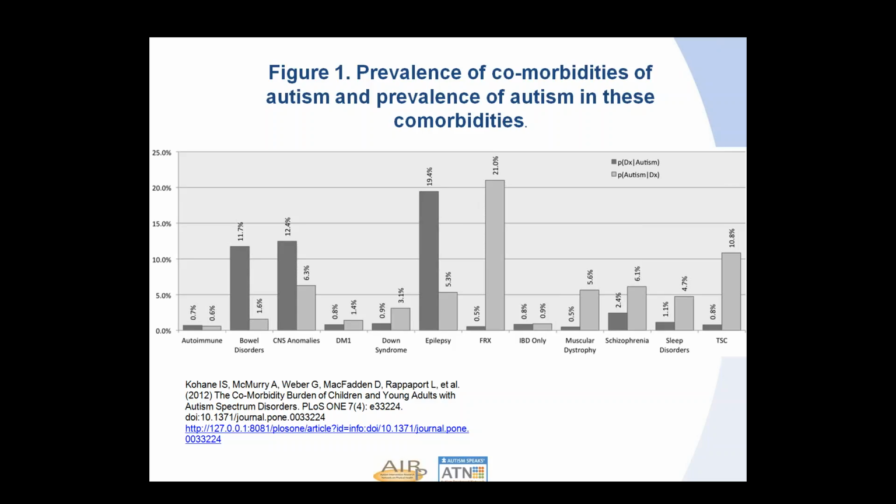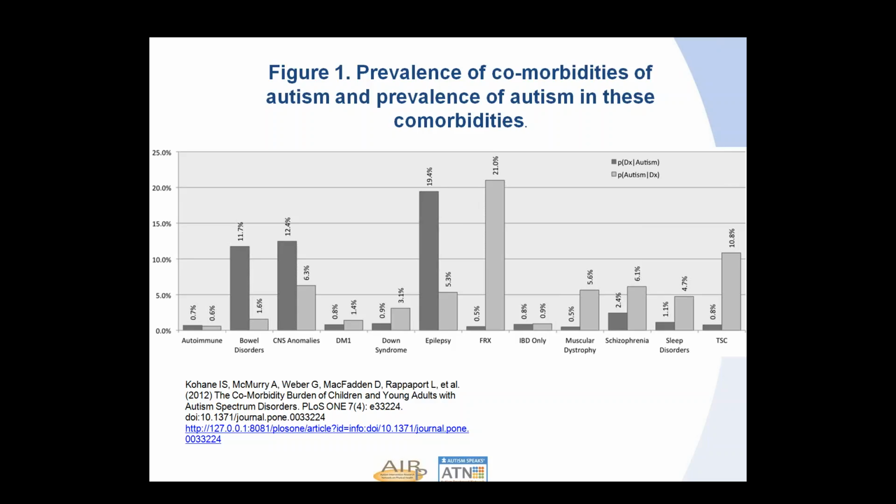And then the next column, FRX, or Fragile X syndrome, this is a very important column, I think, because it shows that about 0.5% of people who have that diagnosis are the people who have autism. And we've known that there's a relationship with Fragile X and autism, but by no means do the majority of people with autism also have Fragile X.